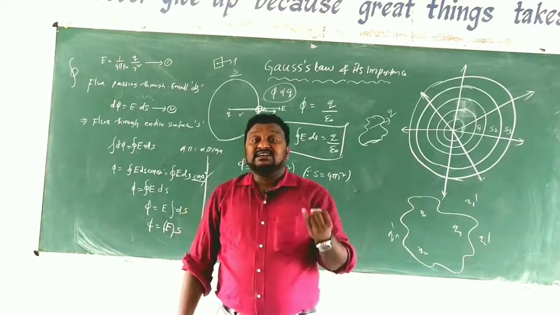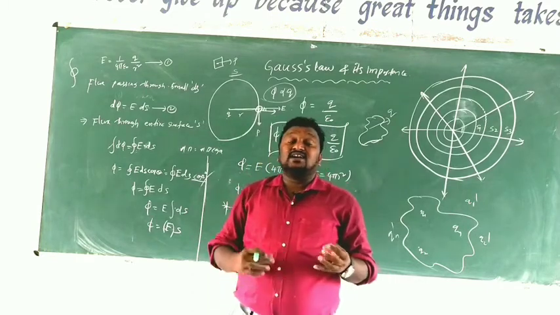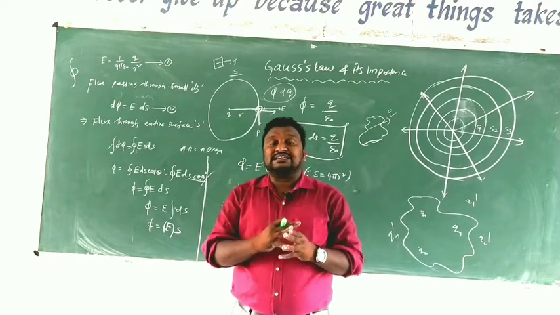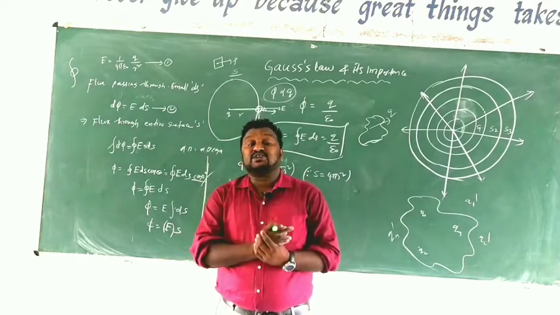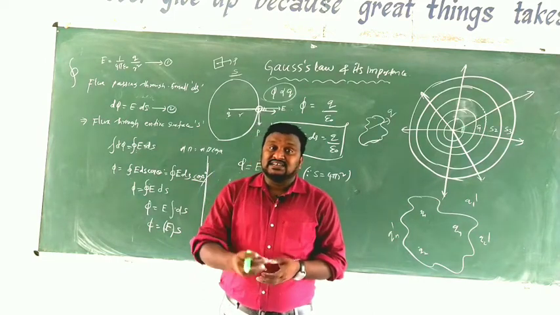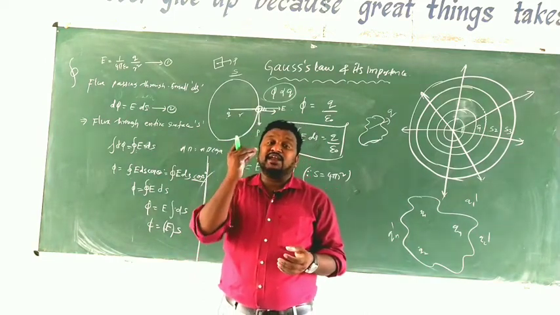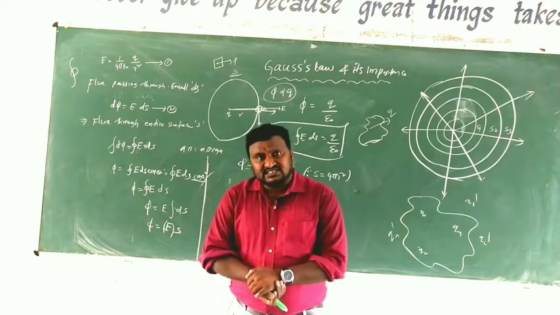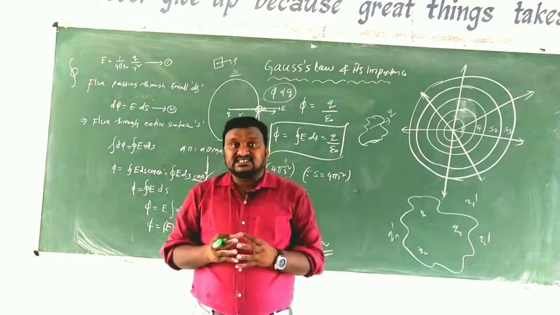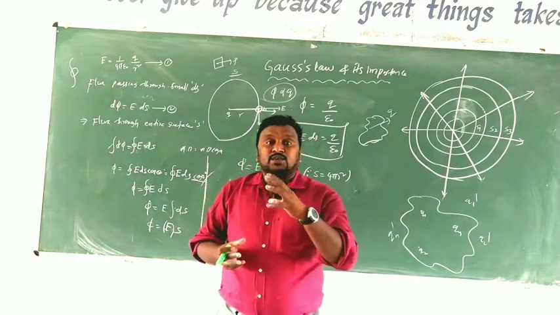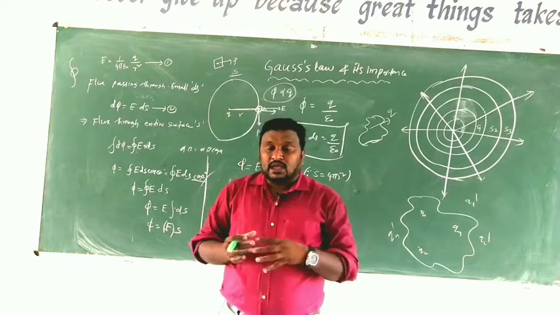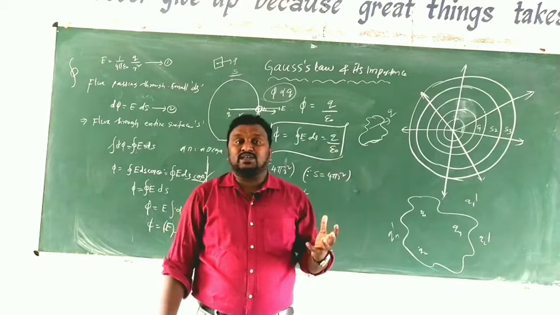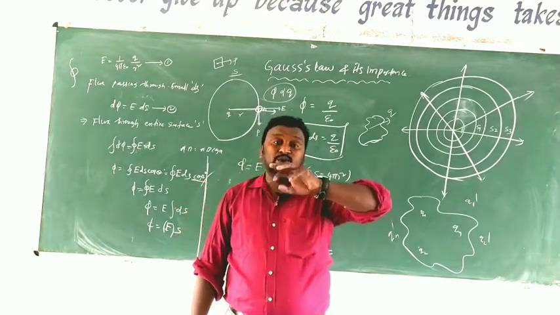And the second thing is, to explain the Gauss law, we are taking closed surfaces. Those closed surfaces should be taken as Gaussian surfaces. Gaussian surfaces are independent of shape. That means they may be in any shape. Clear? And next, the Gauss law is applicable for uniform charge distribution. If the same charge is distributed throughout the surface, then we can easily find the amount of flux passed through the closed surface.